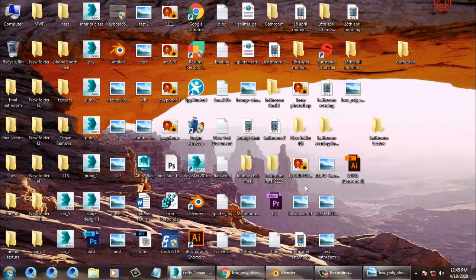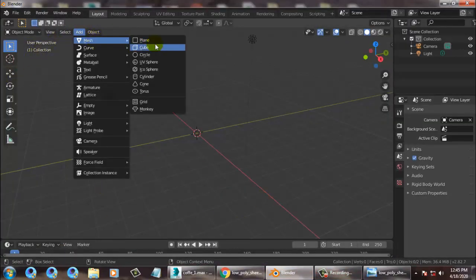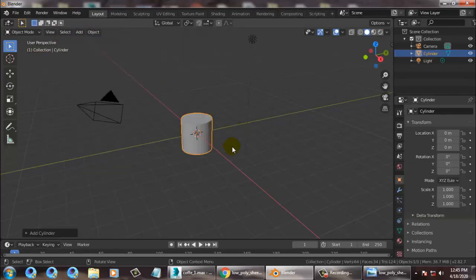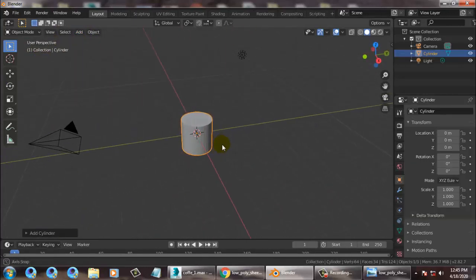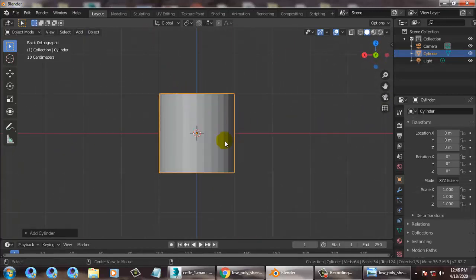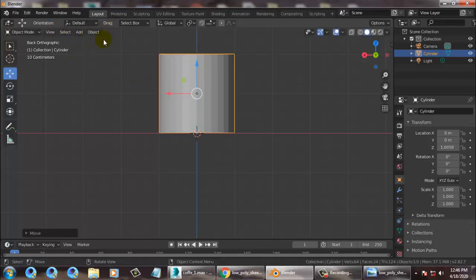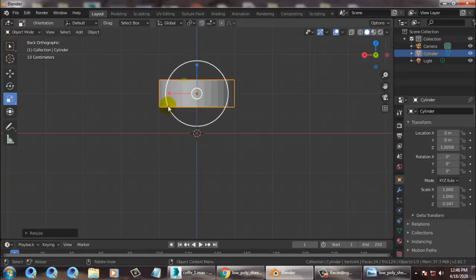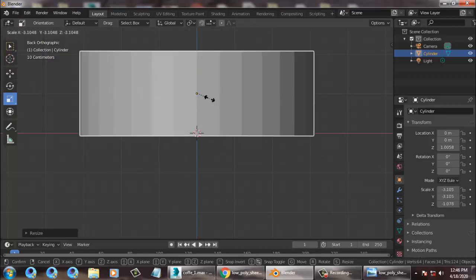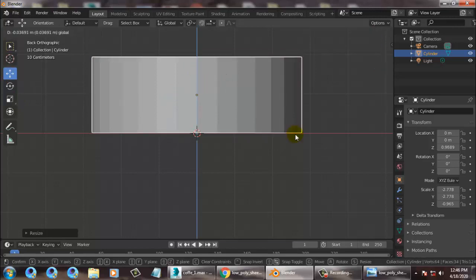we'll take a cylinder. So let's go into this, add mesh and take a cylinder over here. After you take a cylinder, Alt and middle mouse button to rotate. We can just move up a bit. You can scale it. Let's scale it from the top over here. If you press S, you can increase the size of it. And again push this down over here.